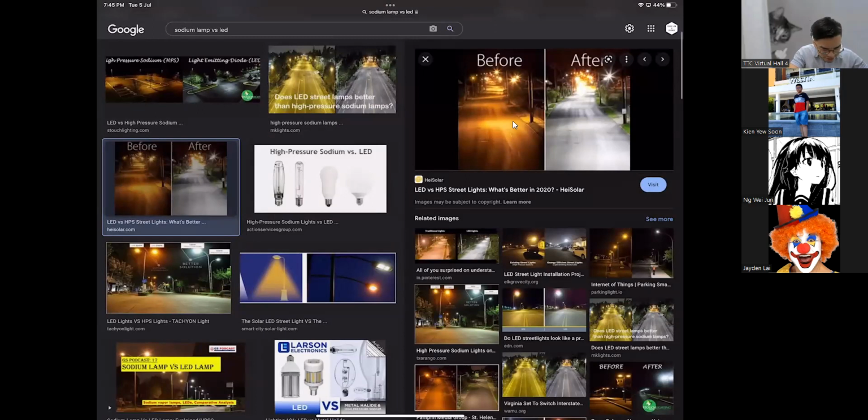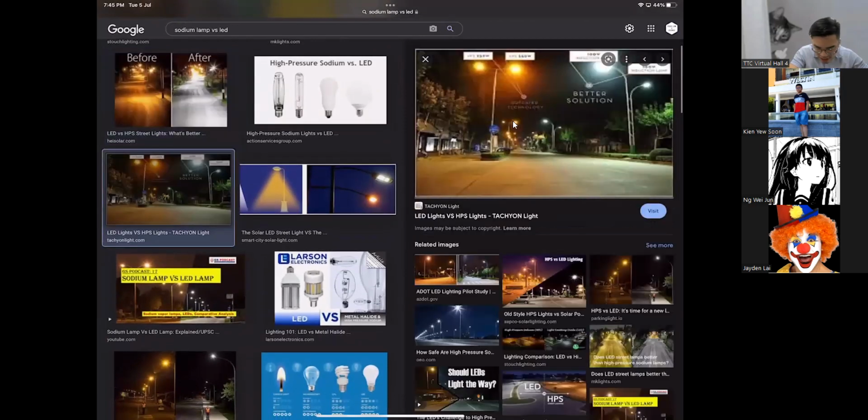So this is why nowadays when you drive on the highway, they don't really use sodium lamps anymore. We just use LED because it saves more electricity and it's brighter. LED is a much better technology. Okay, it's a much better technology. It's like